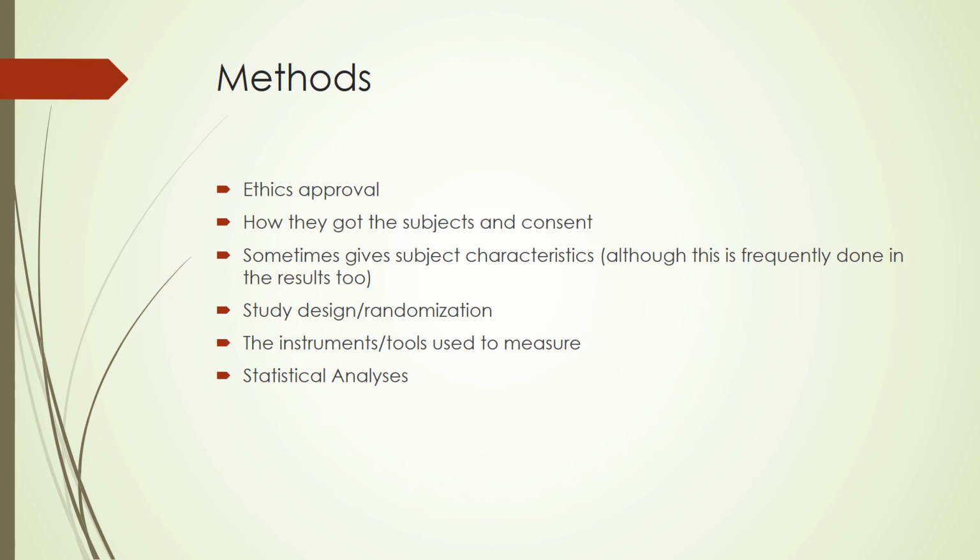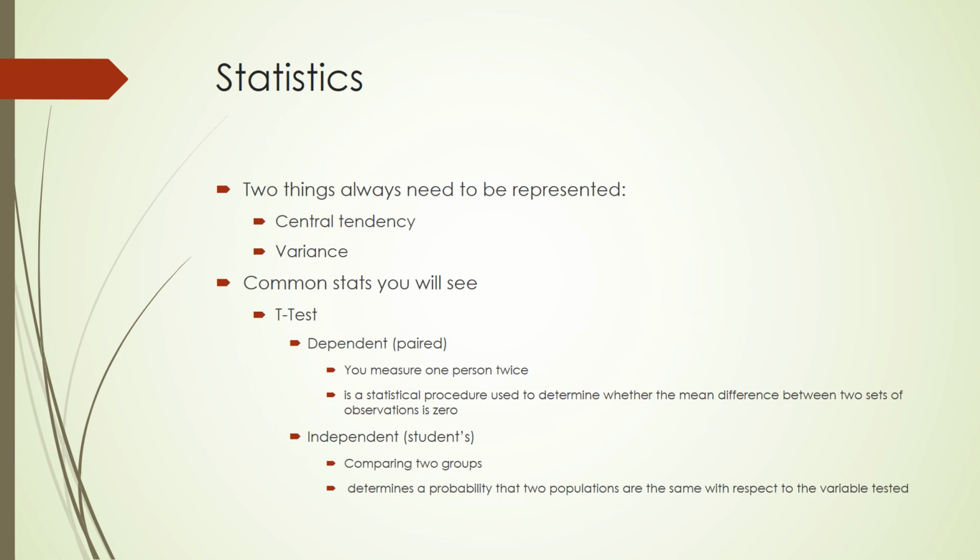So one of the first things that people typically do is set, well, I'll come back to that. No, I'll just go forward because this is important. For statistical analyses, here's one of the biggest things that I want you to know, and it's 100% going to be a question on a test. Two things that always need to be represented. Whenever you see anything, we need to know these. A measure of